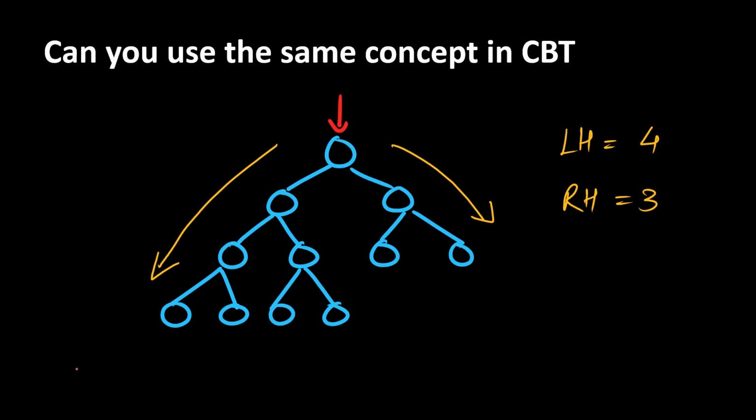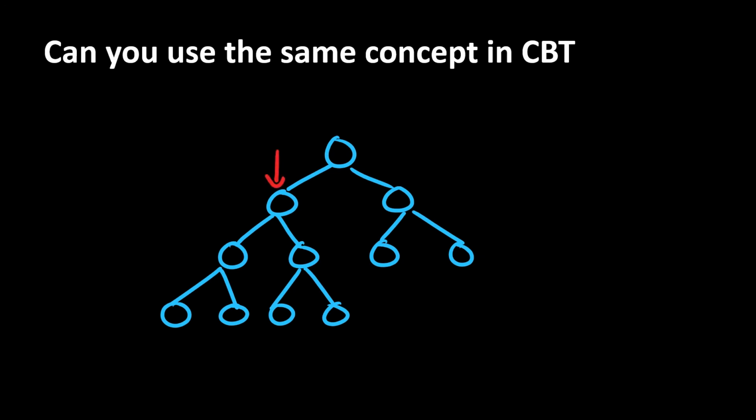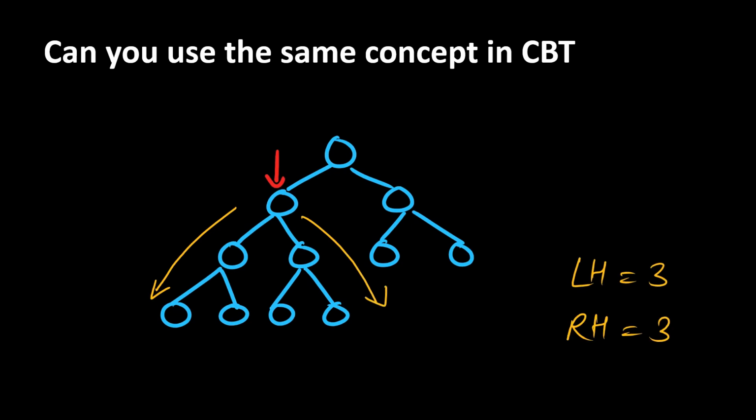I will see at this point both the heights are not equal. Hence it is not a full binary tree. So I will do two recursive calls, one to the left and one to the right child. So first I will go to left, then I will again find the left height of the leftmost branch, and the right height of the rightmost branch, and I will see whether left height and right height are equal. Yes, they are equal. That means it is a full binary tree. That means I can directly count the total number of nodes in this subtree.